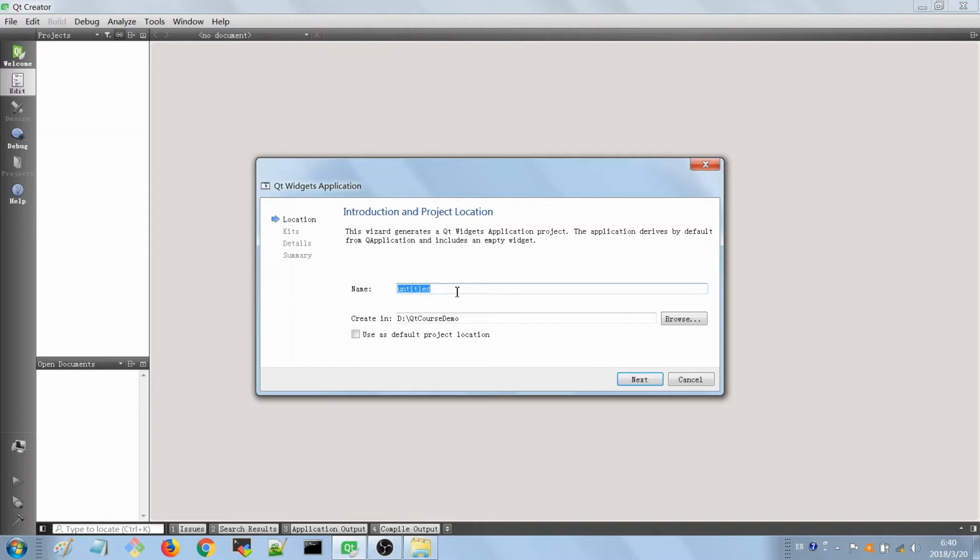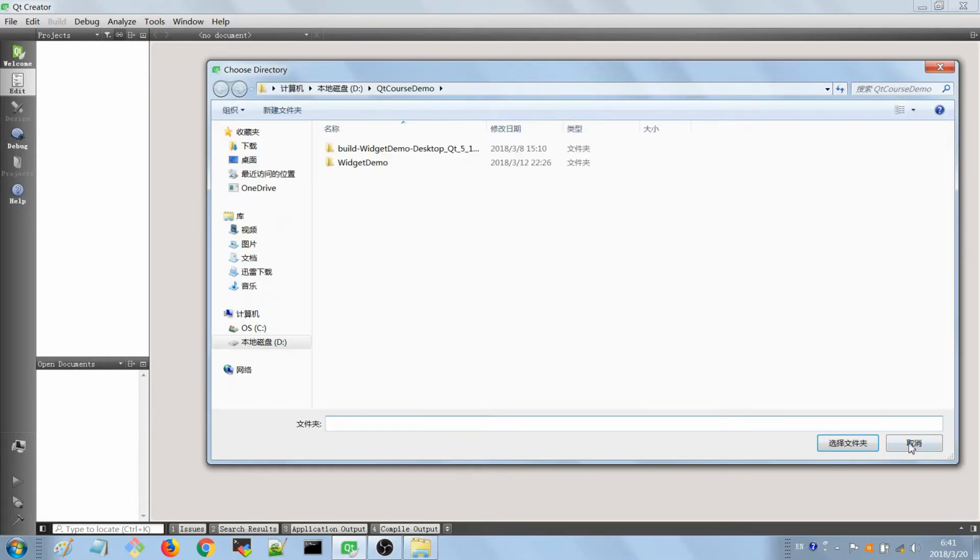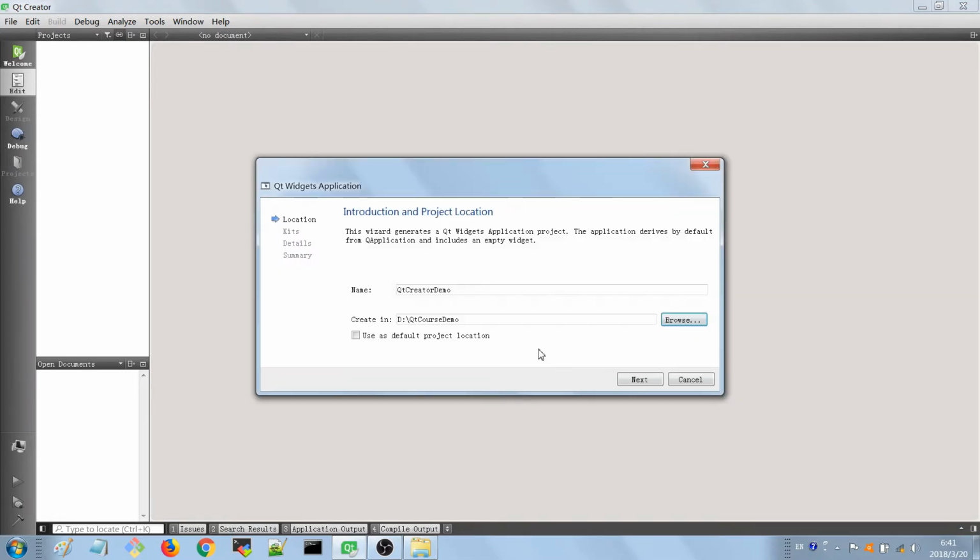We're going to give it a name, Qt Creator Demo. It's going to be stored here. This is the location where you want to save your project. You can click on browse here and choose where you want to save it on your computer. Okay, so I'm going to leave it to this, and you can choose to leave it as the default location for your project. So we're going to hit next,